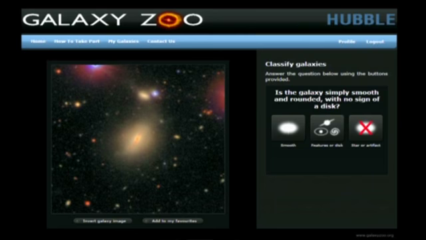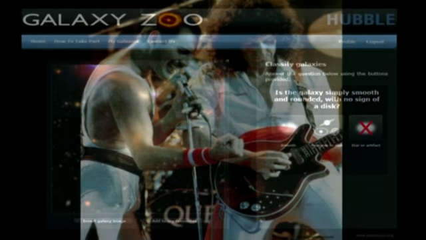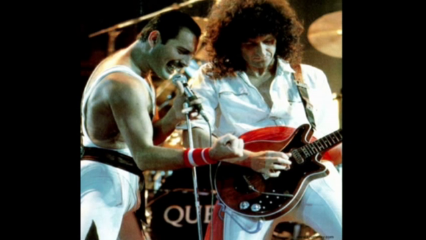You log on, and you get one of these beautiful pictures on your screen, and then you click the button on the right, which best represents the shape of the galaxy in the middle. And you don't need to worry about making mistakes, because worldwide lots of people are doing this, and statistically it'll all work out. So by now you might wonder how I found out about this, which is through this man,